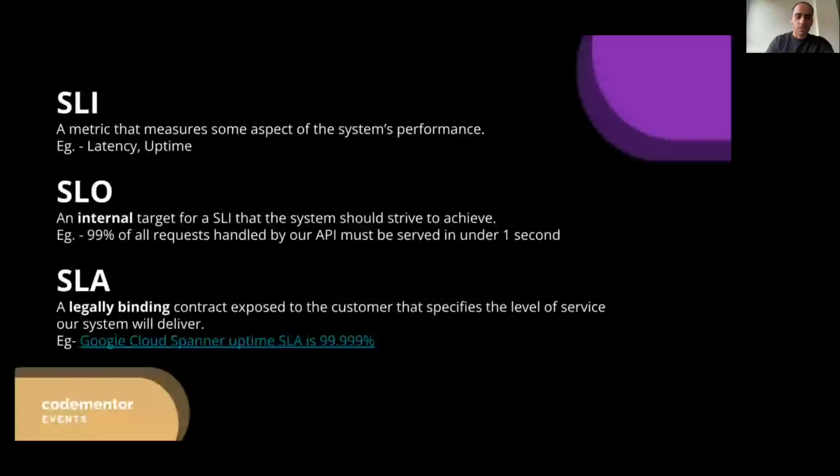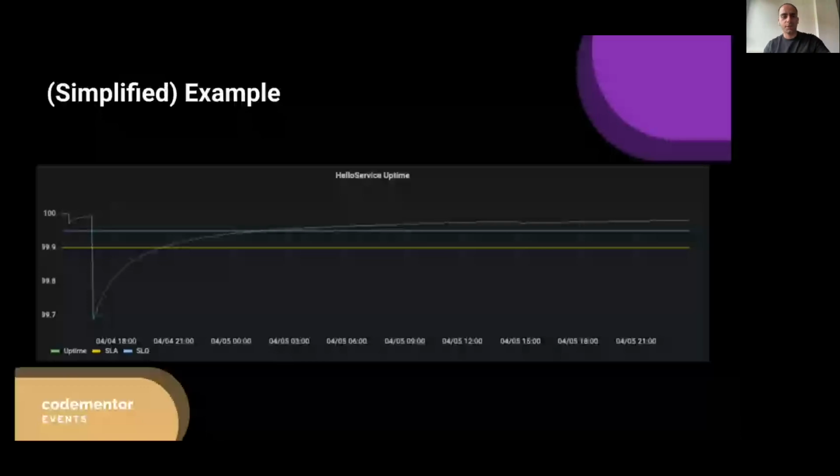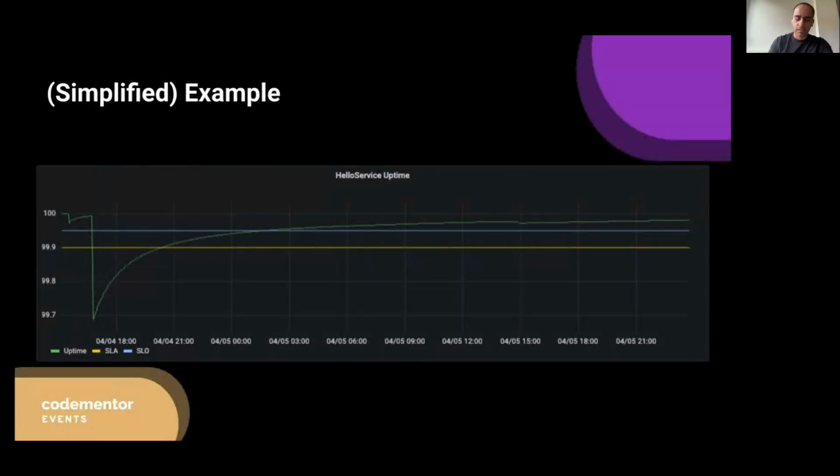Yeah. So here's a simple graph showing us the uptime, right? We can see that we have a 99.9% SLA, okay? And the SLO is higher. And the green line is the uptime. So what we see is we start with a very good uptime. It's around 100%, right? But then it starts to fall, and it falls in a very steep manner, right? And first, it should breach the SLO. The moment it breaches the SLO, everyone should get alerted to fix the system, otherwise we're going to breach our SLAs, right?